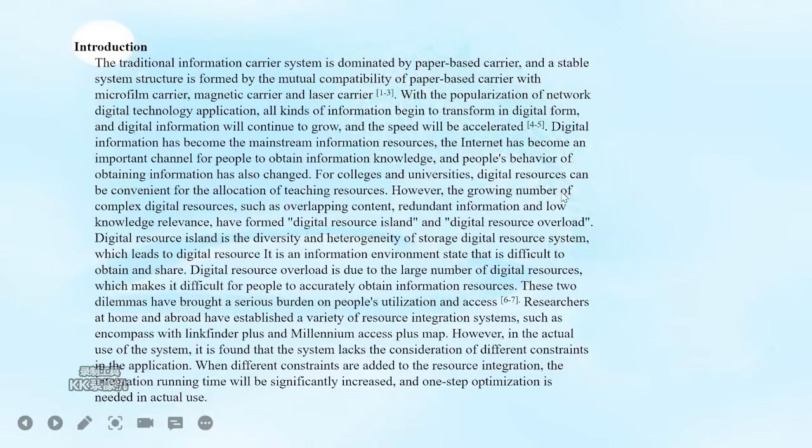However, the growing number of complex digital resources, such as overlapping content, redundant information, and low knowledge relevance, have formed digital resource islands and digital resource overload. Digital resource island is the diversity and heterogeneity of storage digital resource systems, which leads to digital resources